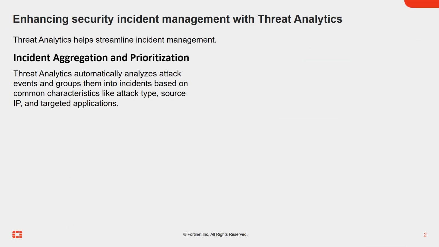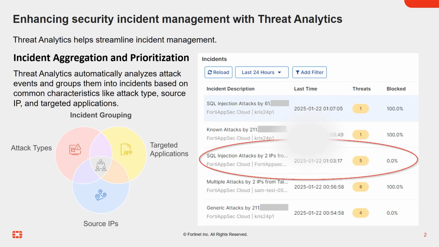Threat Analytics automatically analyzes attack events and groups them into incidents based on common characteristics like attack type, source IP, and targeted applications. For example, multiple SQL injection attempts targeting the same application are grouped into a single incident. Each incident is assigned a severity score based on the nature of the attack, helping the security team to focus